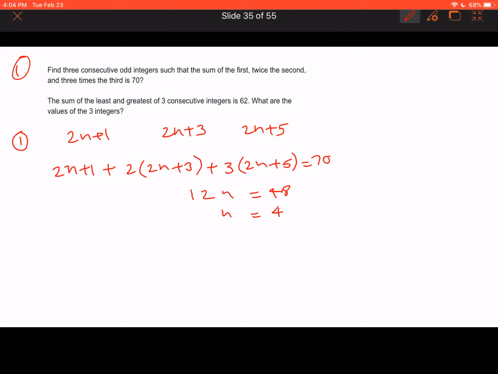Okay, so they're asking for three numbers. 2n plus 1 is the first number. So 2 times 4 plus 1, that is 9. So the second number is 11, and the third number is 13. Okay, the next sum is